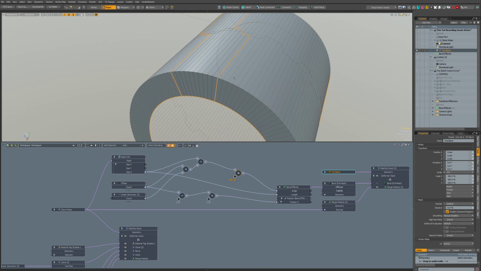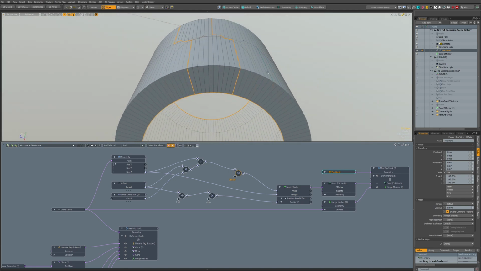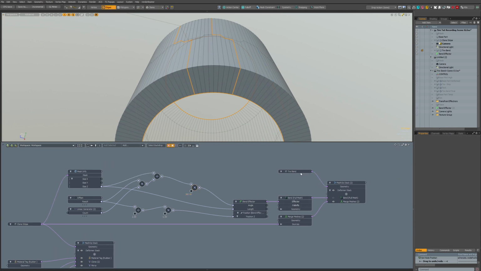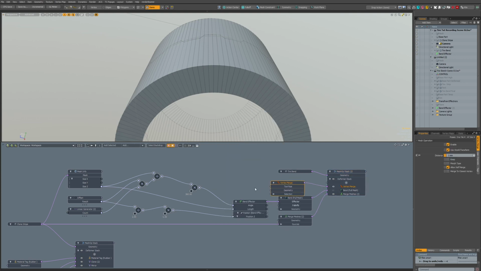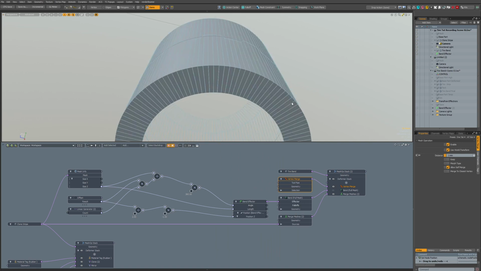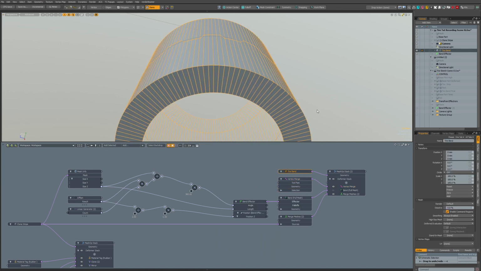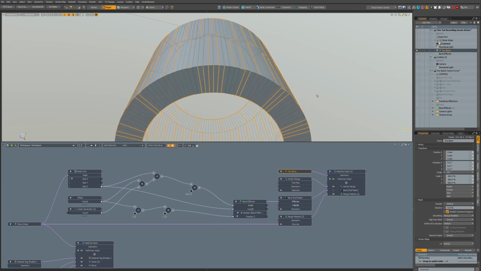So boundary mesh, I don't know, maybe it's overlapping. Let's add a merge with vertex here, vertex merge. Okay, and let's look again at what our boundary selection says.